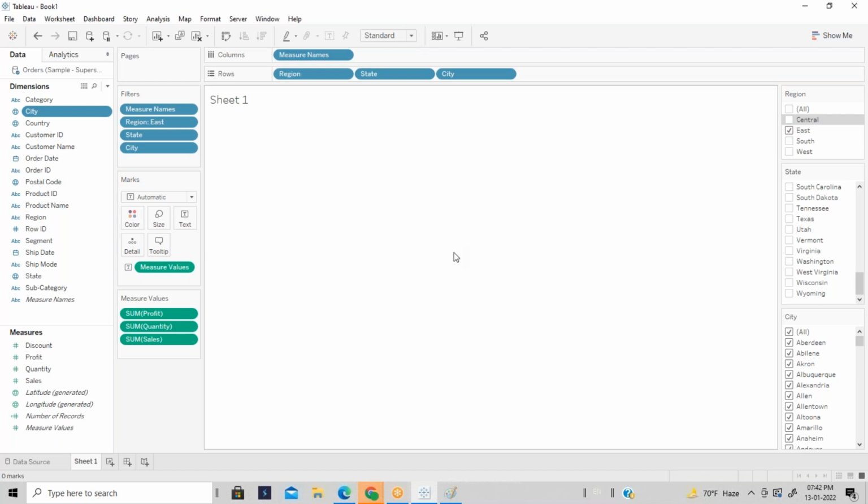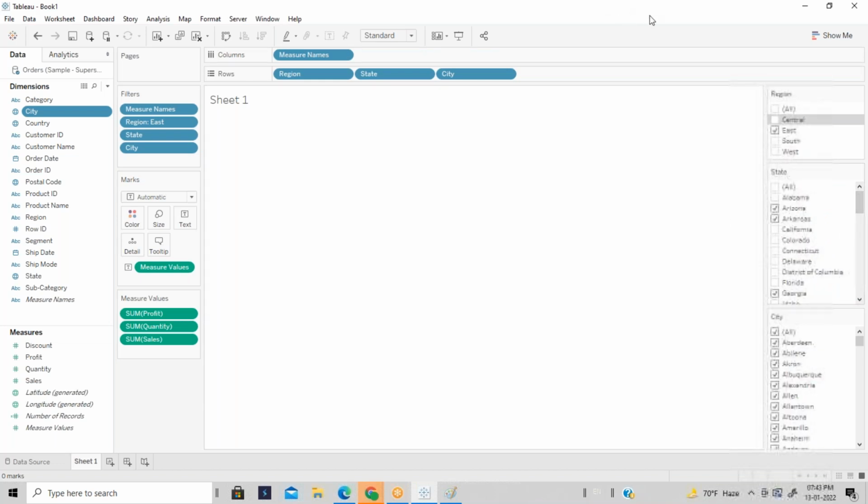Maybe the state does not come under the East. Correct, the selected state does not come under the East region. I selected the East region but a state from a different region. That's the reason you are not getting data. Got it? So it's difficult, right? The user may not remember which state comes under which region.